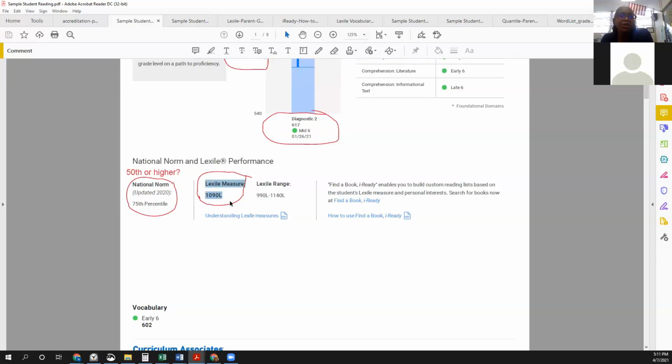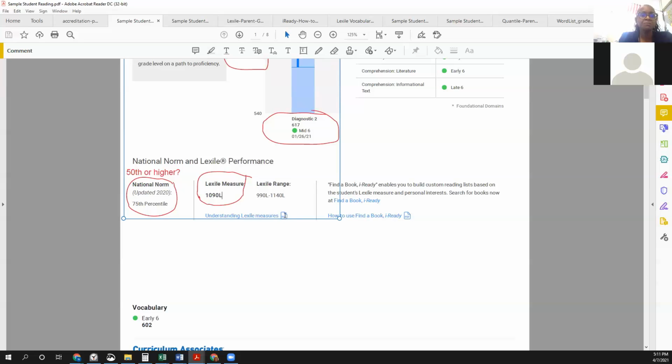Lexile measures are used to measure what's called the complexity of texts. And to explain what that means, in terms of readability and opportunities to engage in more critical thought, this measure is used to determine where a child is at understanding texts that are at a specific level. We're going to visit